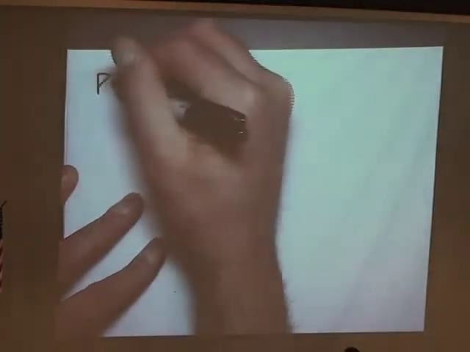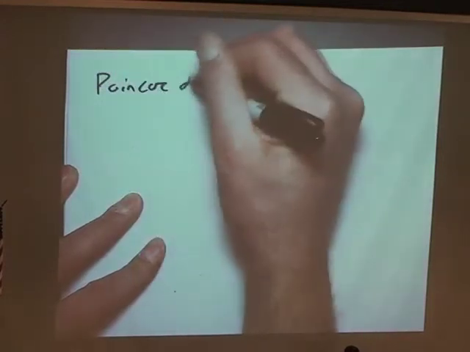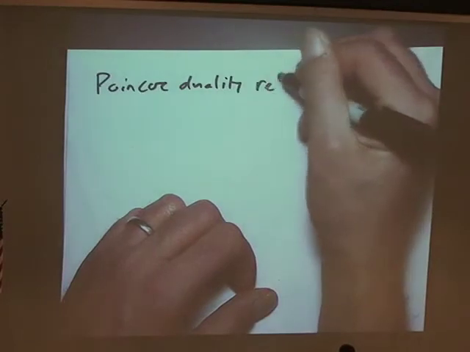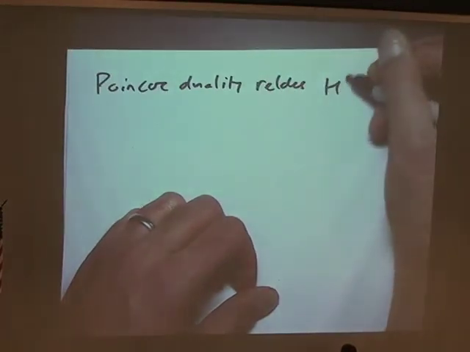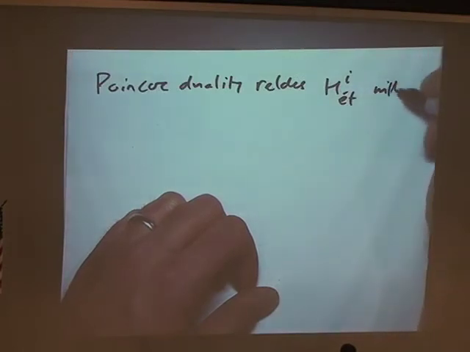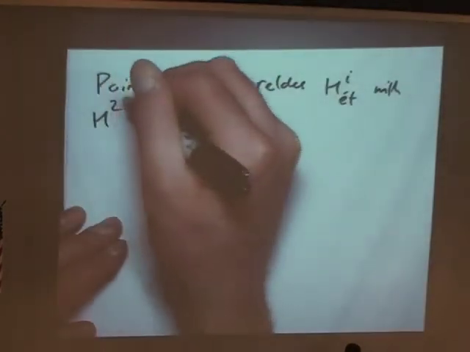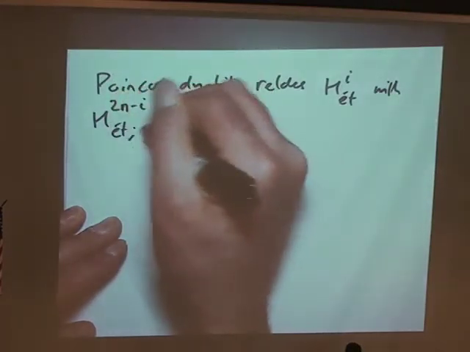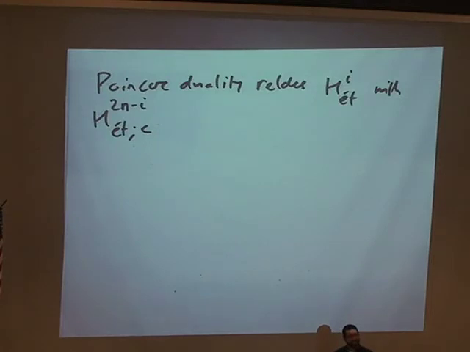So Poincare duality relates H^i étale with H^(2n minus i) étale with compact support. And again, this is something you can feel free to ignore if you're not an étalist. So what I want to say is that we end up in the following place. We find that